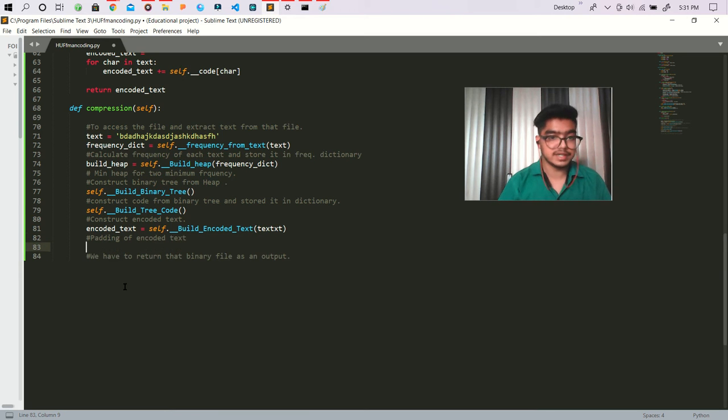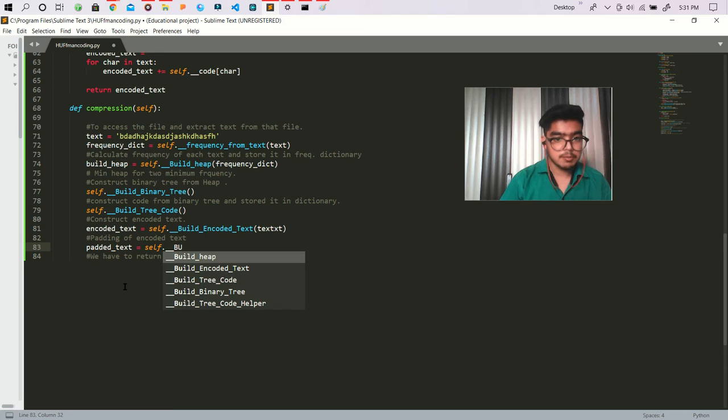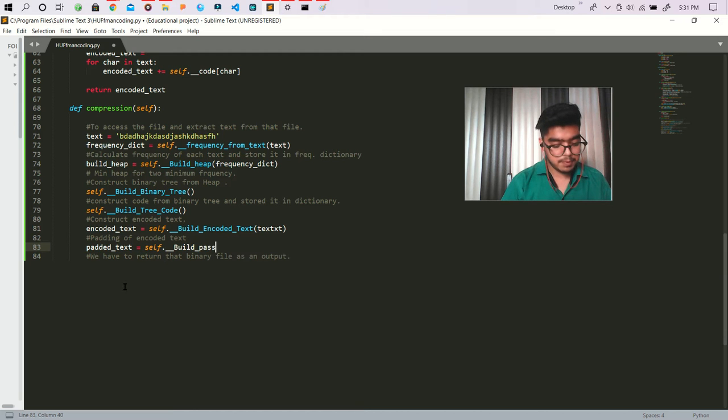of the encoded text. We have to create a padded text, and for the padded text we have to create a function which is build padded text, and we have to pass the encoded text here.